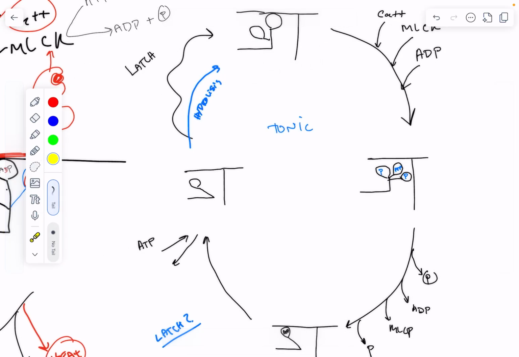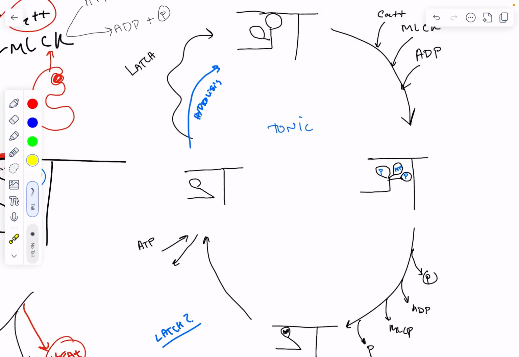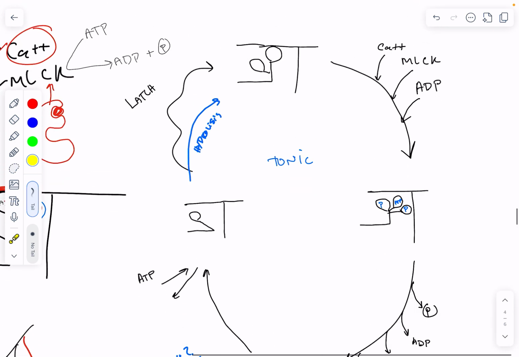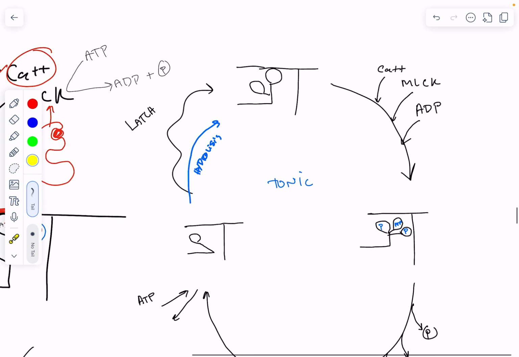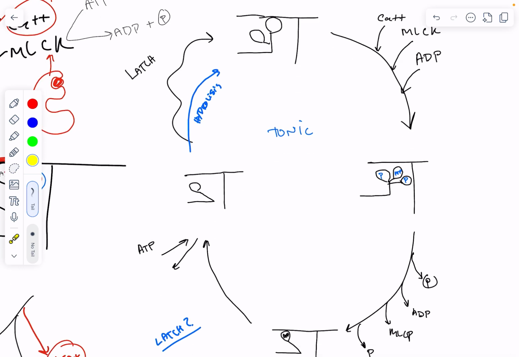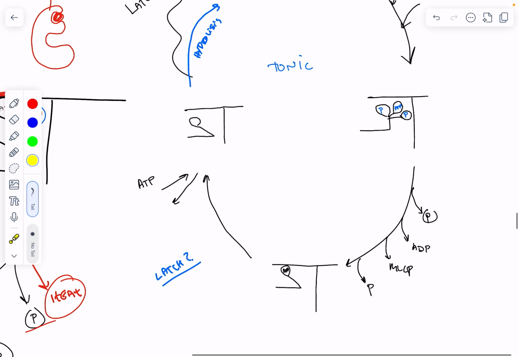However, what's different is, anyway, tonic is going to use something a little bit different where tonic actually does not require ATP to stay latched. So once MLCK is active because of calcium, it attaches to the myosin head, which obviously releases phosphate, releases